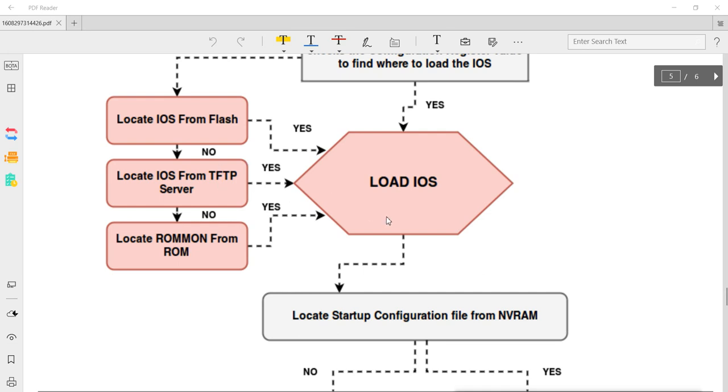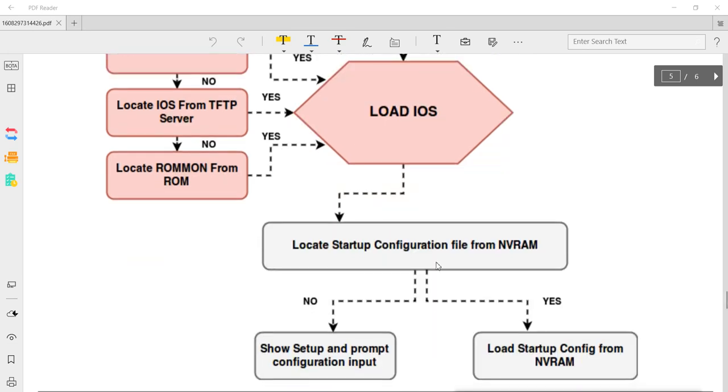But suppose the IOS is there, but your configuration is not there, like I have not saved the configuration into NVRAM. So what happened? The configuration will be removed. So whenever our router reboots, our configurations will be removed. Now if our configuration is removed, that means we have to do the configurations again. So the first thing is to save the configurations. So for saving or taking a backup of your configuration, first we save the configurations.